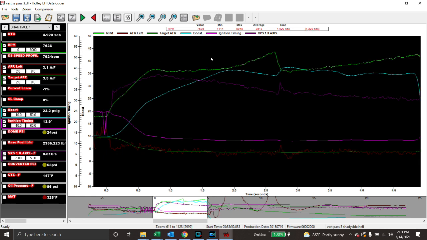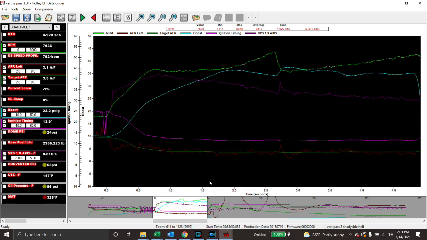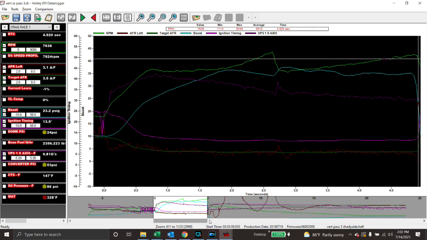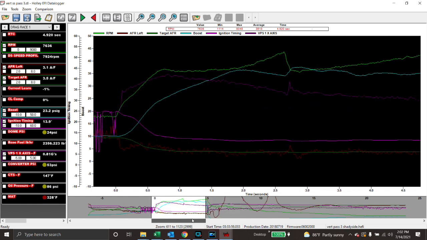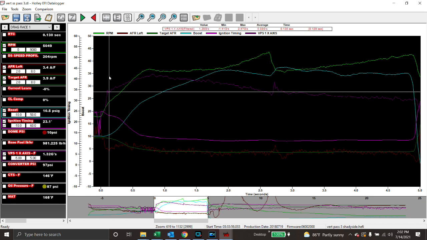Again, we just looked at the 60 foot. If you want to look at it to the gear change, do that. You can look at it as many different ways as you want. Anytime you get in a corner and go, man, I zoomed in too far, just click zoom out. If you use a mouse, like I do, you can use the roller ball and scroll. If you don't use a mouse, you can just use this and slide it. So after we have finalized that this 60 foot did what we wanted it to do,